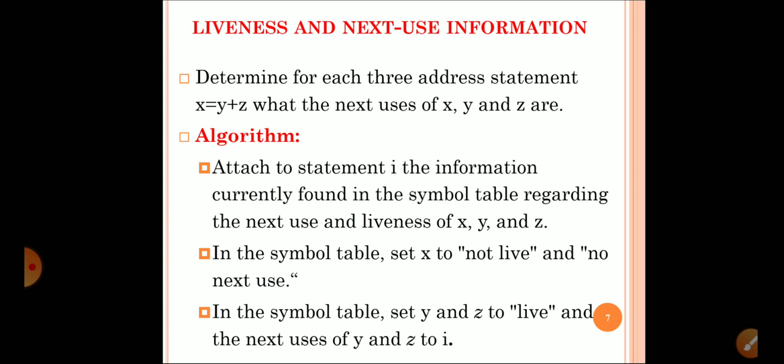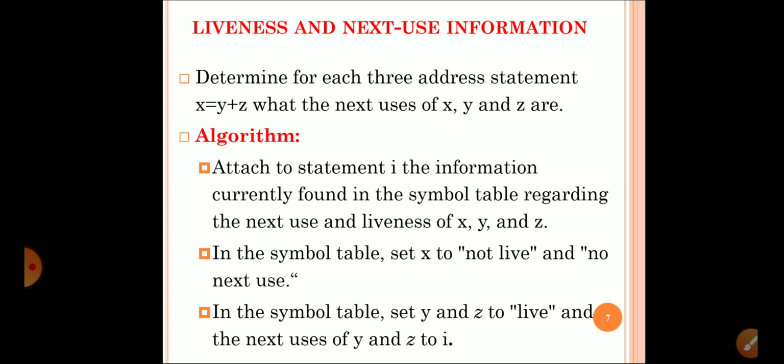Next, moving on, the most important topic of basic blocks is that we have to identify the liveness and the next use information. See why we are doing this, because this is an optimization technique. If a variable has some usage in further steps, then it is a live variable, and if it is not helpful for generating further code, then it is a non-live variable. How to determine that liveness we have already seen in slide 1. Now here we have to determine, for each three address statement x equals y plus z, the next use of variables x, y and z.